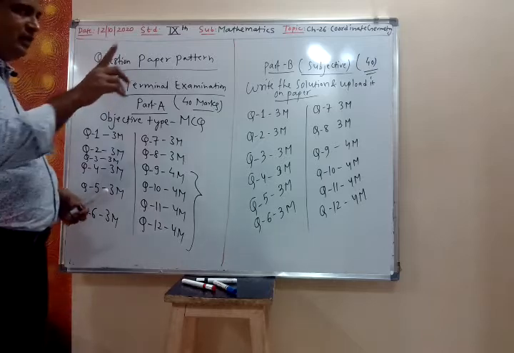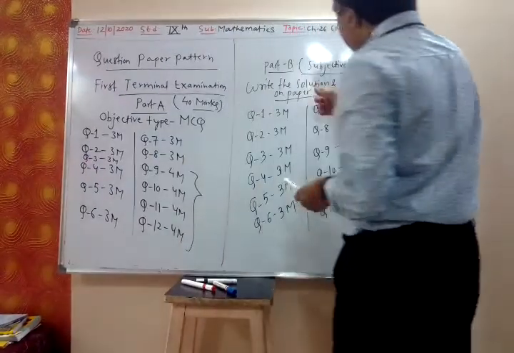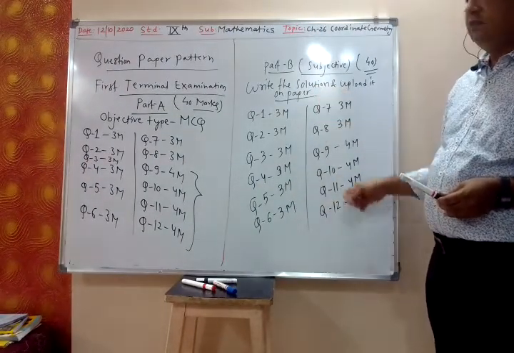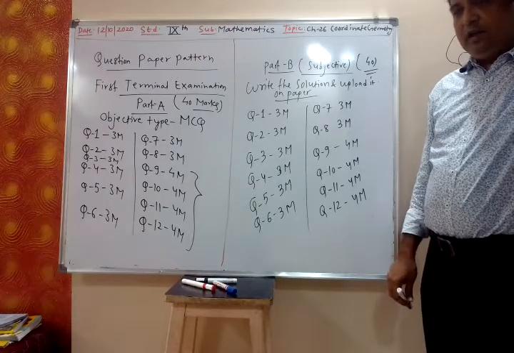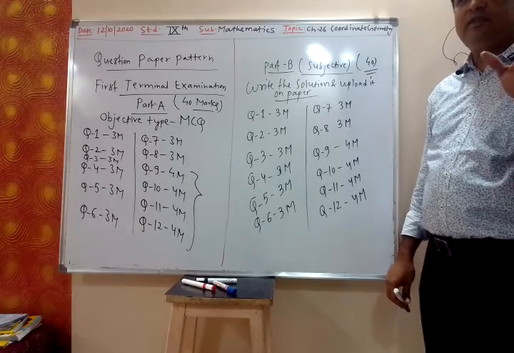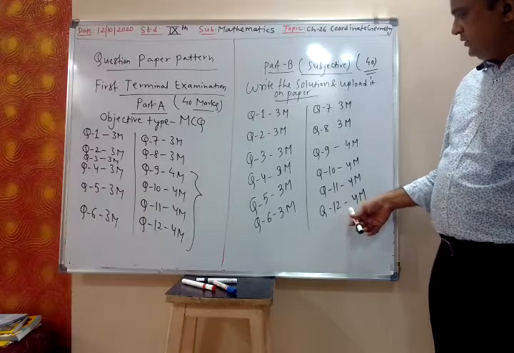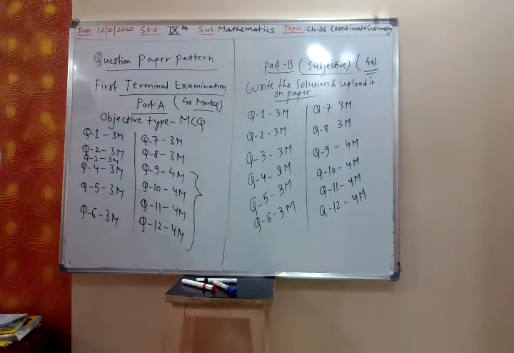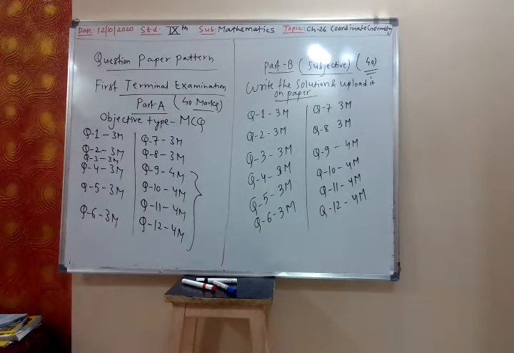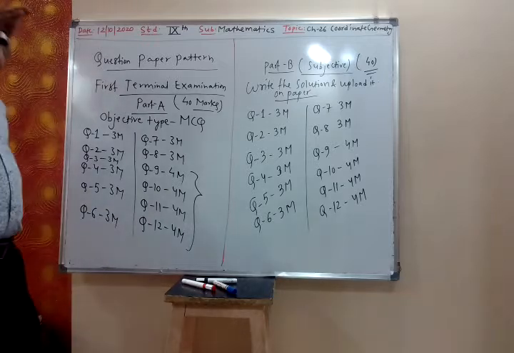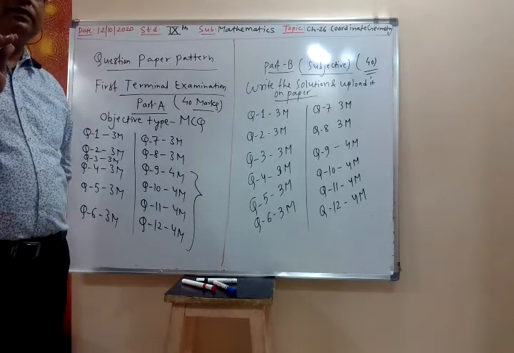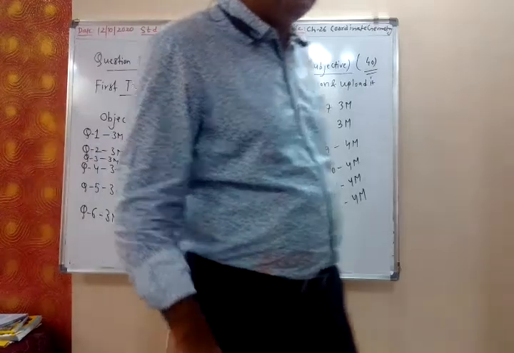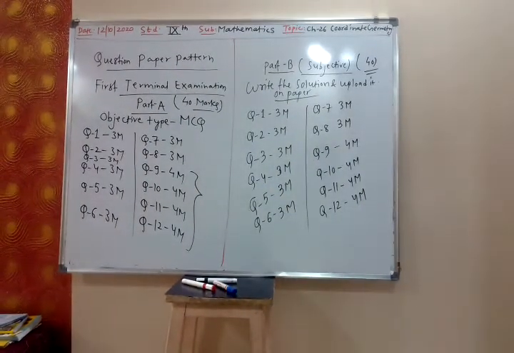See, one question of graph will be there in this, only one question of graph. Frequency polygon will be there in the paper. Clearly it will be mentioned with histogram or without using histogram, that I cannot reveal. But one question of frequency polygon will be there for 4 marks.